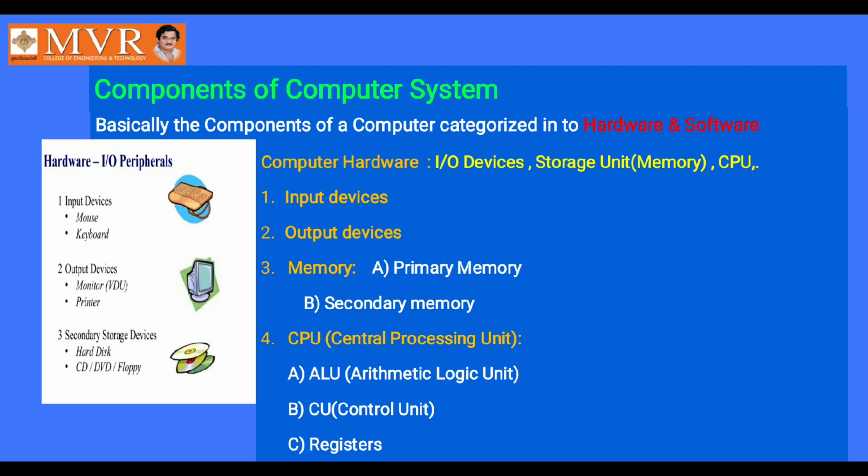Now coming to the fourth and foremost important part of the computer hardware, the CPU. I told you, central processing unit. As I have already discussed, it is the heart or brain of the computer. It contains basically two parts, ALU and CU. See on the screen, the third part of the CPU is also called registers. These registers are small storage devices built into the CPU for storing temporary data.